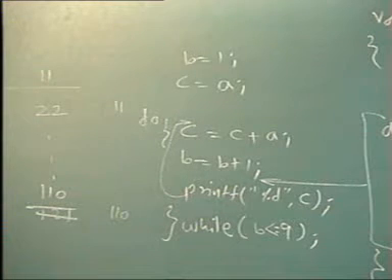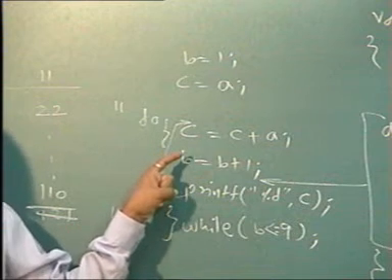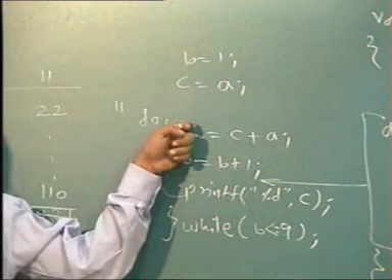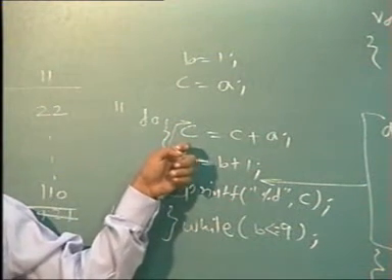C is 11, you print it, you make it 22, you increment B, go back, C is 22, print that. That's why I say that even this sequence is very important. Writing printf above, you will get the output even with C equal to A. Are you getting me? If not, tell me.